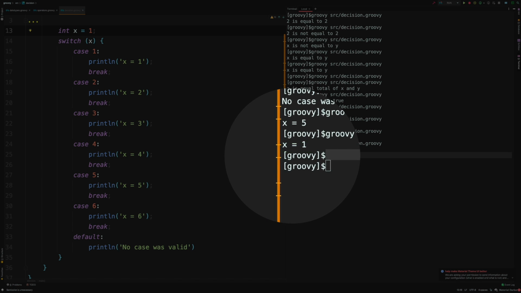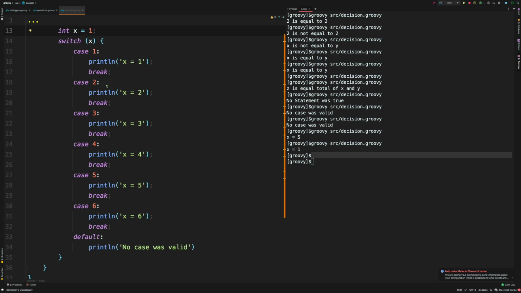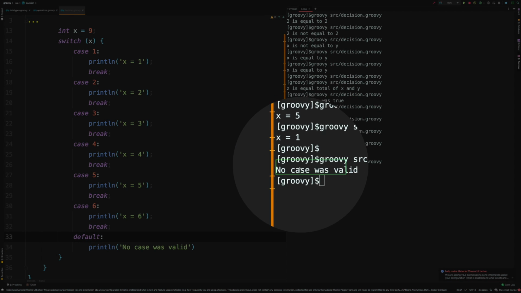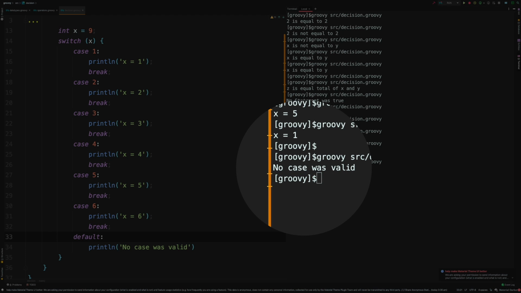Okay, so now next thing we want to do is we are going to change the value to, let's say, 9, and we know that there is no case that exists as 9. So what it will do, it will run the code, but it will go to the default block. So I'm gonna just run the code, and here it says no case was valid. No case was valid.